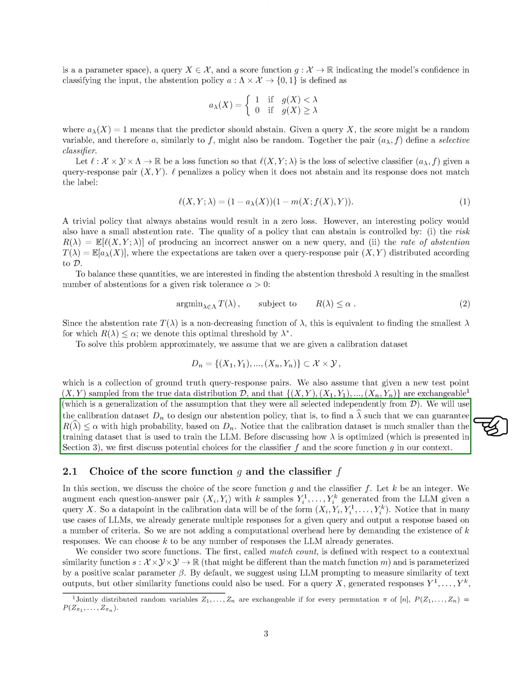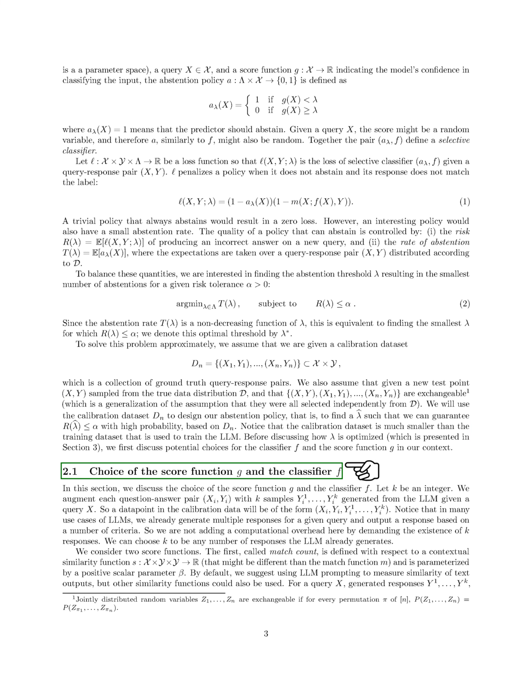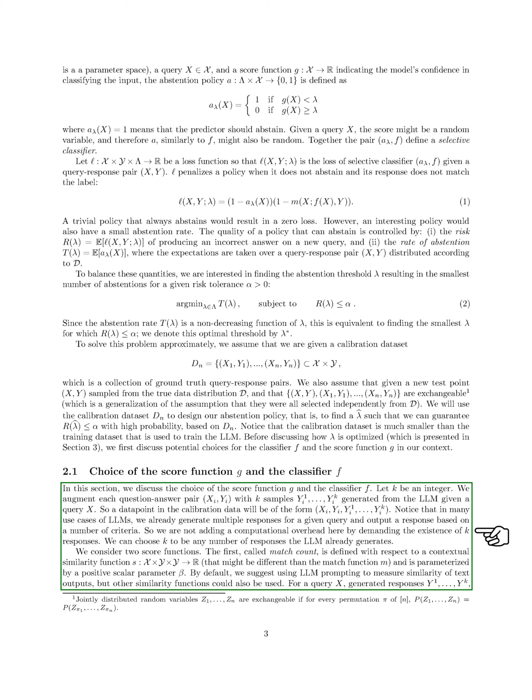Section: Choice of the score function and the classifier. In this section, we discuss our selection of the score function G and the classifier F. We start by adding K samples to each question-answer pair, X_i, Y_i, which are generated from the language model, LLM, based on a query X. This results in a calibration data point of the form X_i, Y_i,